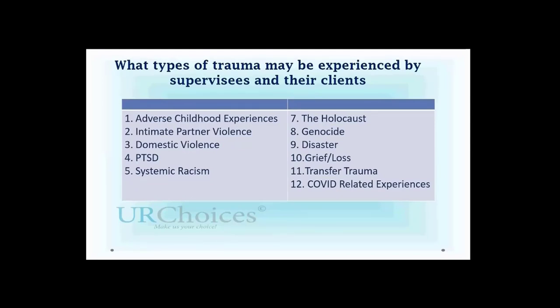First would be the adverse childhood experiences, which could possibly be one of those ongoing kind of traumatic environments where people experience trauma through domestic violence on an ongoing basis. Then intimate partner violence, which perhaps could be similar, with multiple experiences. Domestic violence, post-traumatic stress disorder, which is a result of maybe one or multiple past events, systemic racism, the Holocaust,